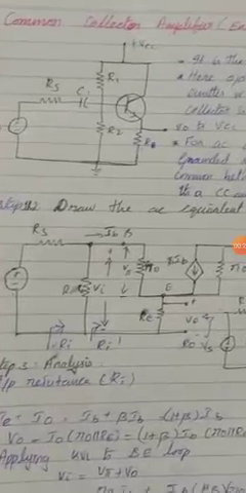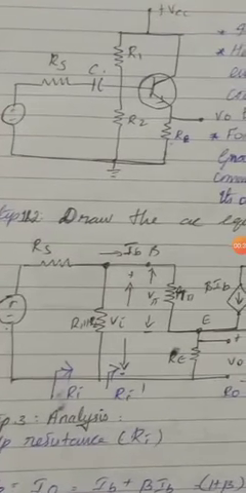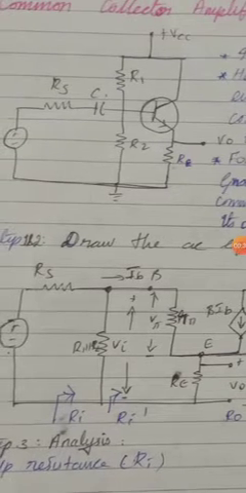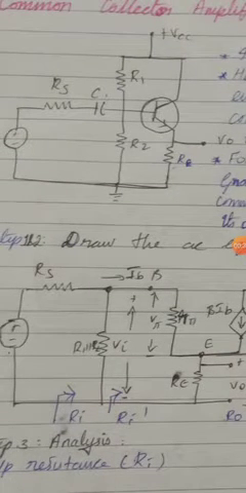This is also called the emitter follower. See the circuit. Here is the circuit. We have the collector common between input and output. How is that common between input and output? Input is given in the base, output is taken from the emitter, and when you take the AC analysis, VCC will be grounded. So at that time it will be common between input and output. So it is called a common collector amplifier. We know that the emitter only emits the electrons. Here the output is also taken from the emitter, so it is also called an emitter follower.